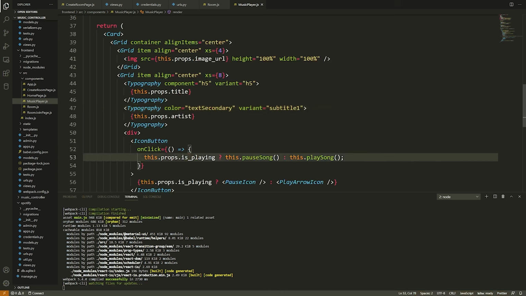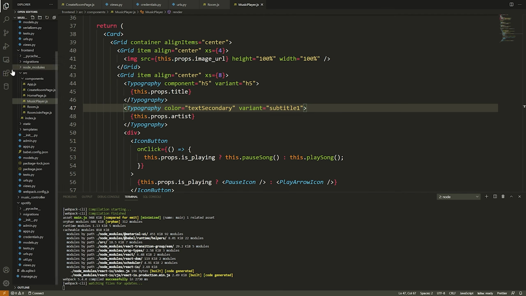Let's get started. So the first thing that I actually want to do here is build out a little bit of an infrastructure for actually skipping this song. Now, that's probably just a complicated way to say we're going to learn how to skip the song now. So let's actually create a new view.